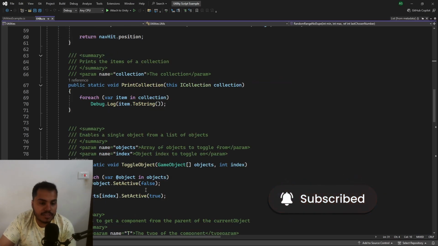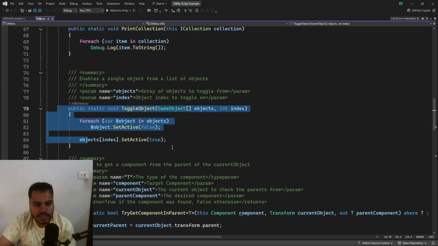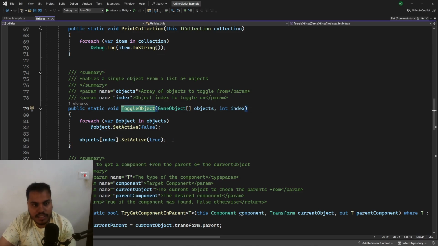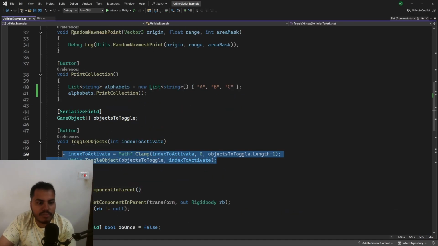If you look at some of this code, for example, a toggle object, even though this is just 3 lines of code, this might be something that you may want in a lot of scripts. And it could be UI, it could be input in some cases. And you would want a common shared library for all of this same logic. And in those cases, utility scripts or static functions are great. And they also help with execution. You don't have long lines of code.